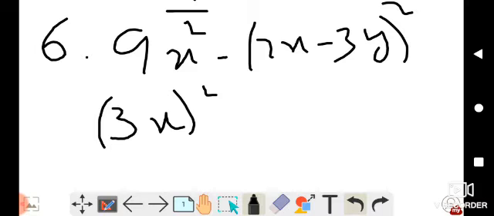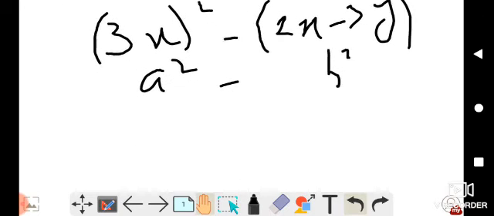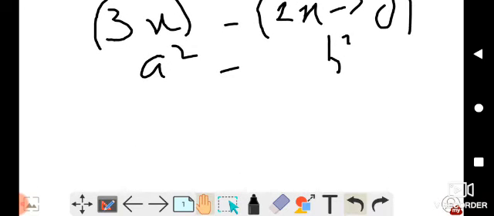Now we simplify: 3 multiplied by 3 is 9, and x square, yes. So the first is already written in the form of a square, and the second is already written in the form of b square. Down I am writing it in place of a square, and minus, this is in place of b square. How many brackets for this? Two, because the concept is clear. We know the formula has two brackets, one bracket of positive and one bracket of negative.